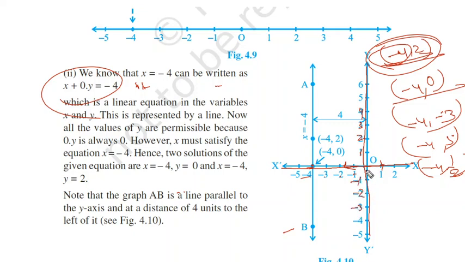Okay, so here we have to plot these points. Now (-4, 2). Let's see where is -4. First of all, x = -4 is here, y = 2 is here, so here it is (-4, 2), we got a point. Again (-4, 0). Let's see (-4, 0). So -4 is here, y = 0 is on the x-axis, you know, this point. So (-4, 0), we got another point.